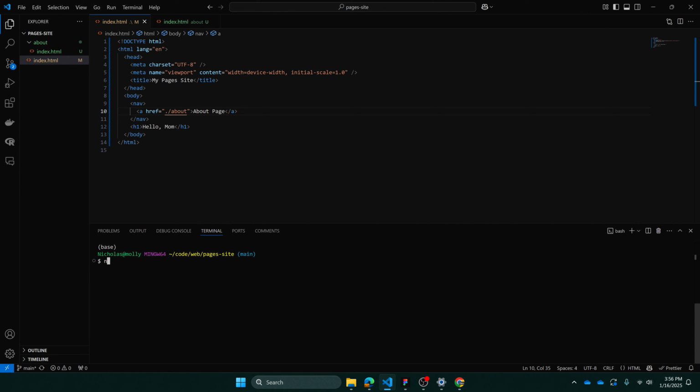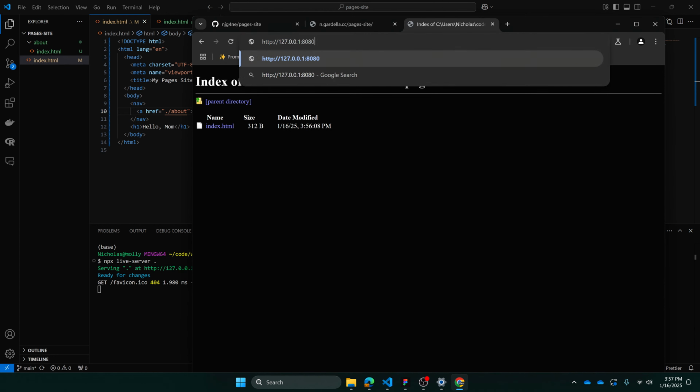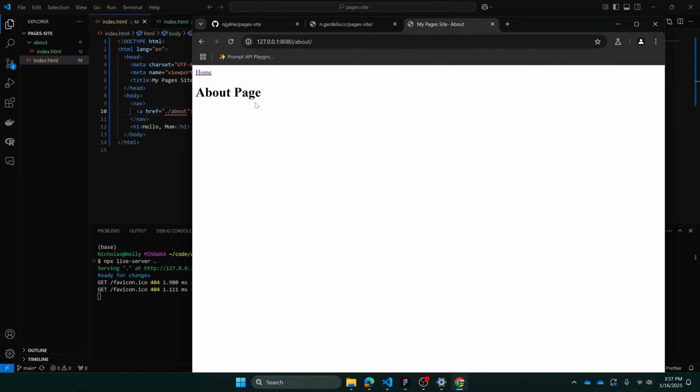So I'll do npx, node package executor, live-server, and I'll do that at the dot directory, the current directory. And now it's serving dot at this path,